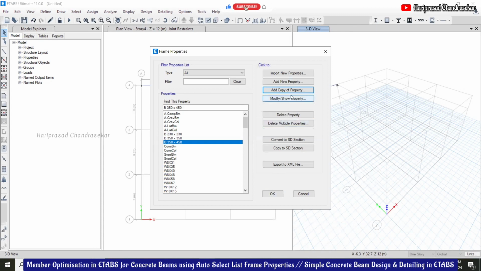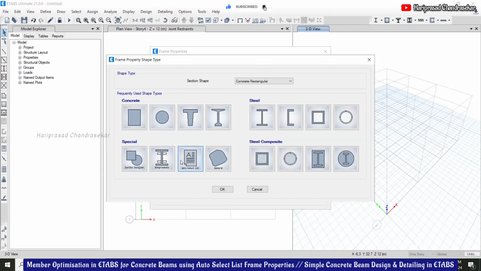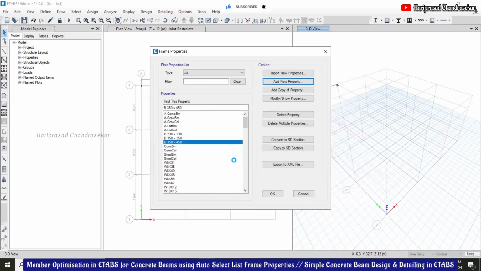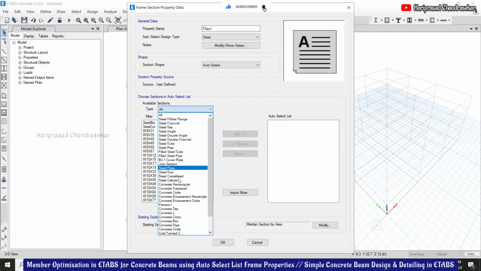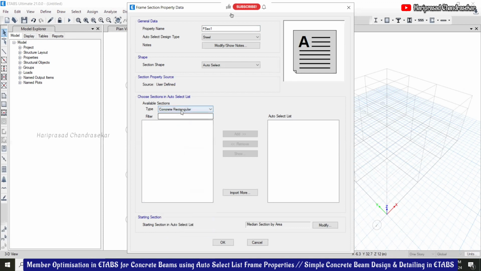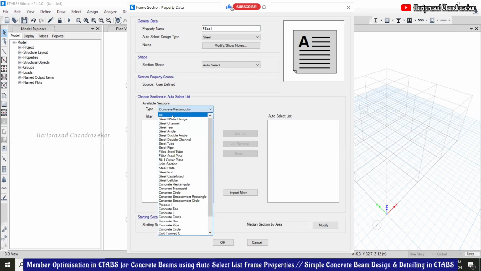Now I'm going for add a new property, auto select list. I will select only the things we created. Concrete beam, right?